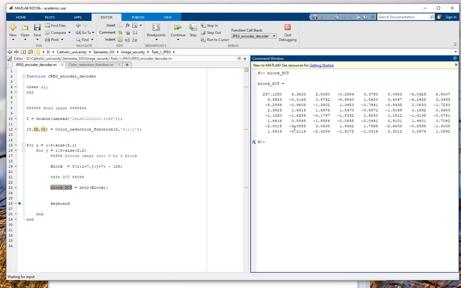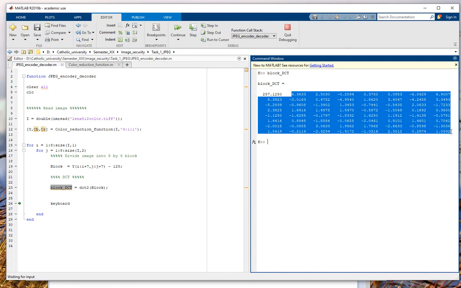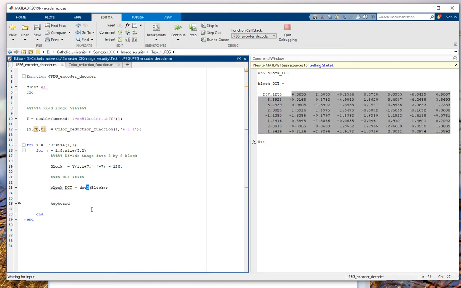So we can see a lot of coefficients. The first is the DC coefficient, which has a meaning similar to the mean value. The others represent the different frequencies according to the discrete cosine transformation over the two dimensions. So this is the set of frequency coefficients that we get after the discrete cosine transformation. So the next thing we need to do is